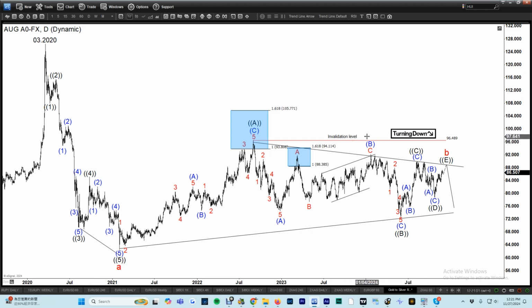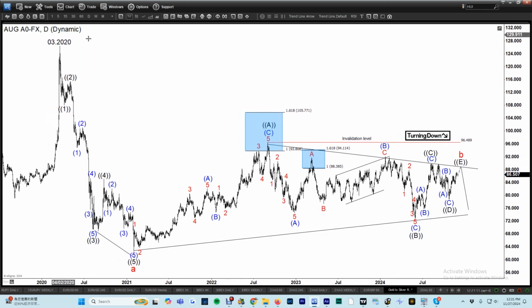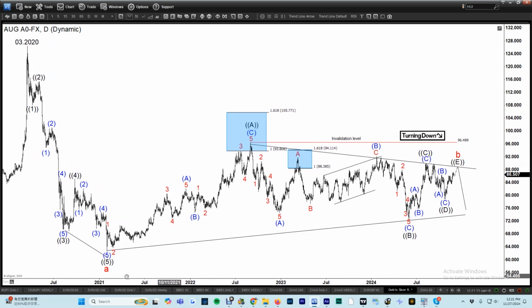Okay, now I've been monitoring this for a while, but here is my latest view, and I'm just focusing on the larger degree here, daily time frame. So we got a spike up, as you know, and this is the all-time high in the ratio back in 2020 during the COVID-19 scare, right? And then since then it has completely reversed a lot, from 126 all the way down to 60, which is more in line with the historical average in the past 50 years or so. Then we've been kind of sideways.